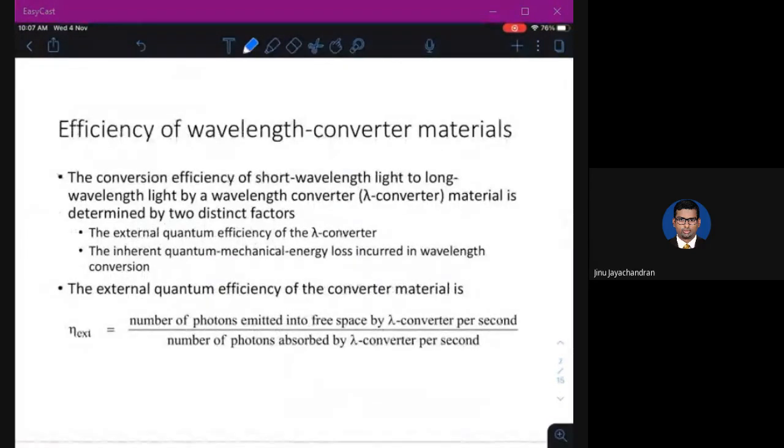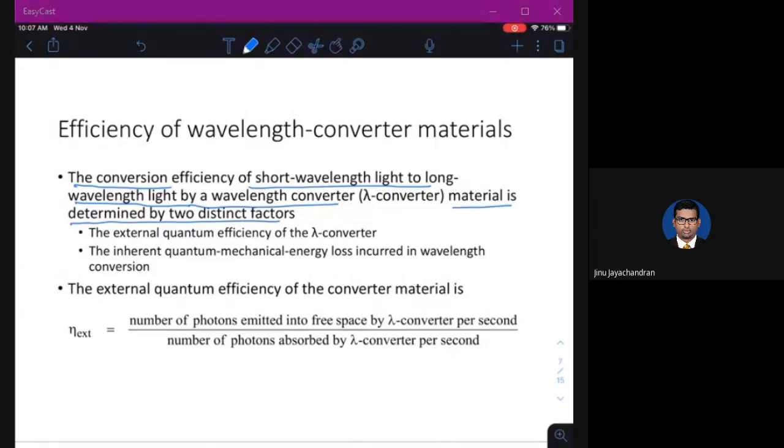Now we look at the efficiency of wavelength converter materials. Efficiency means, if you produce one particular wavelength, how efficient is the net white light output. The conversion efficiency of short wavelength light to long wavelength light by a wavelength converter material is determined by two distinct factors.